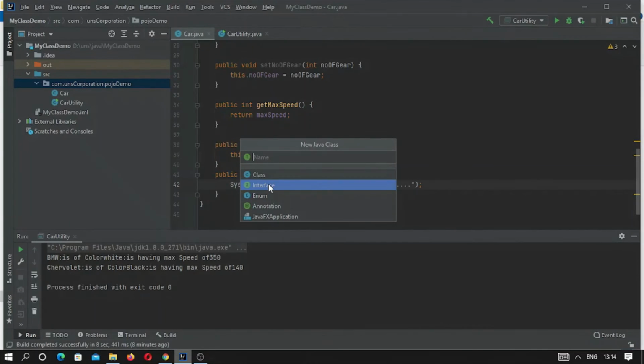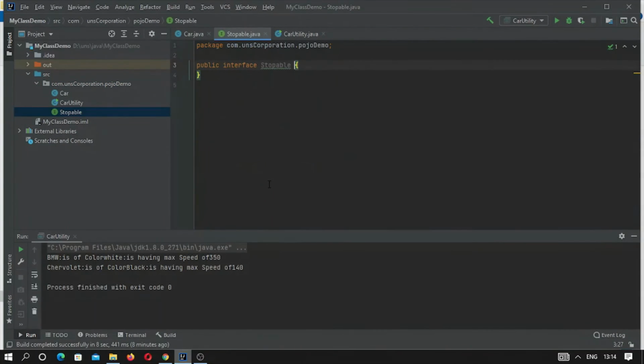The interface is Stoppable. So this is an interface. All cars must be stoppable, and here in the interface we write void stopCar.